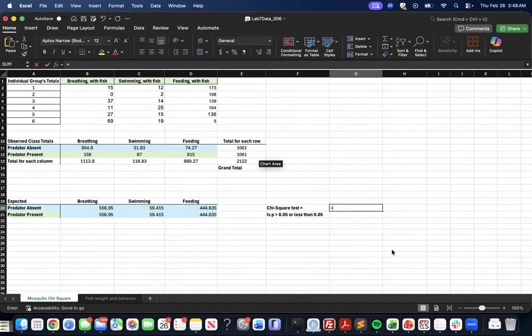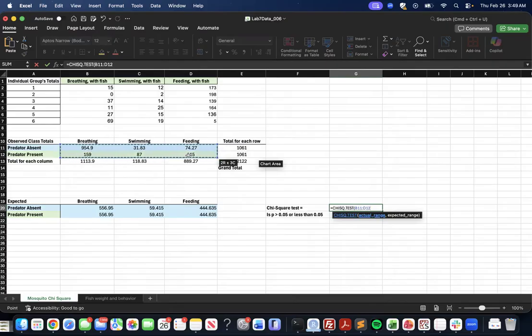How we're actually going to do the chi-square test is by using the CHISQ.TEST function in Excel. And we're just going to select two series of data. The first of these is going to be our observed data, or the actual range as it's termed in Excel. So we're going to select the 6 columns there that are relevant, right? Remember, it's just the raw count data, not the sums for each column. And then we're going to select the second data series, which is going to represent our expected range, or again, that distribution of data we would expect under a null hypothesis of both of these conditions not having any impact